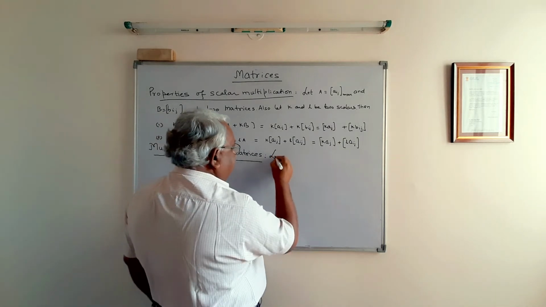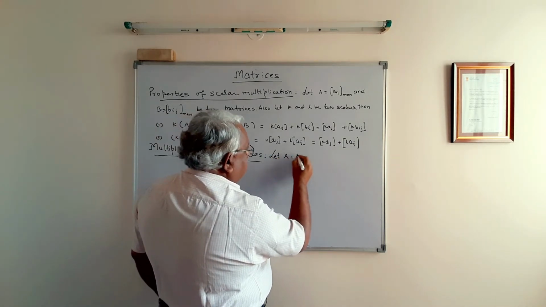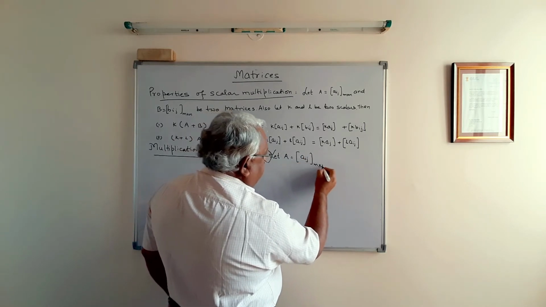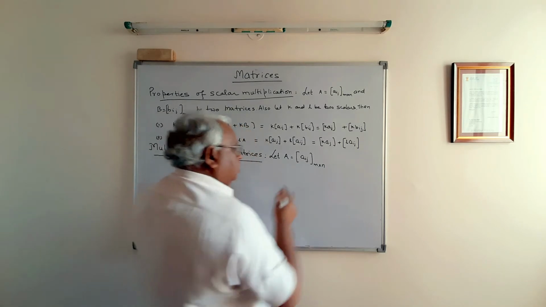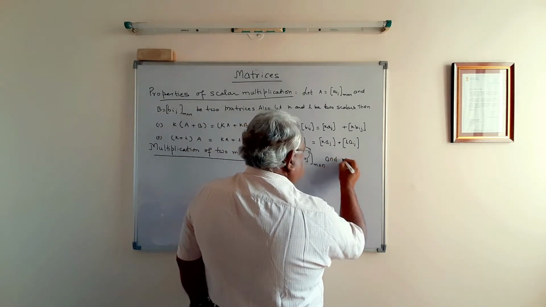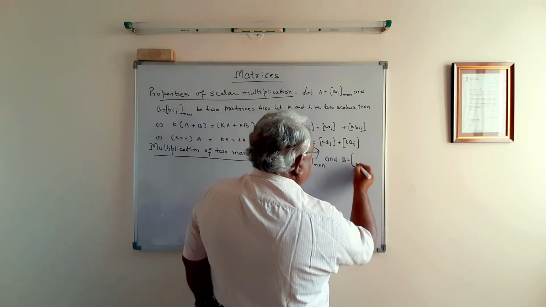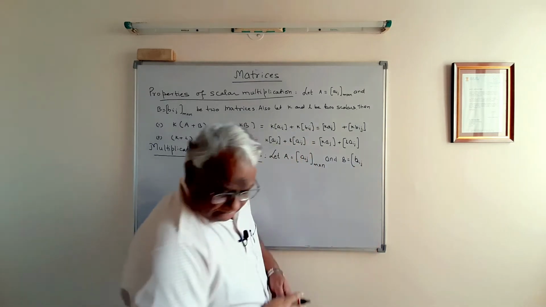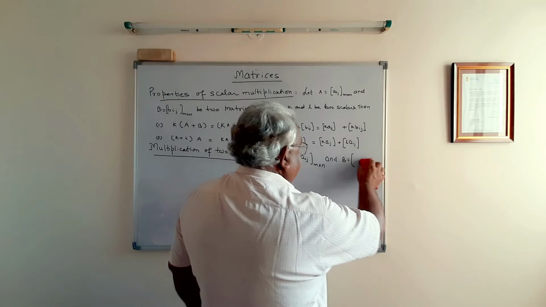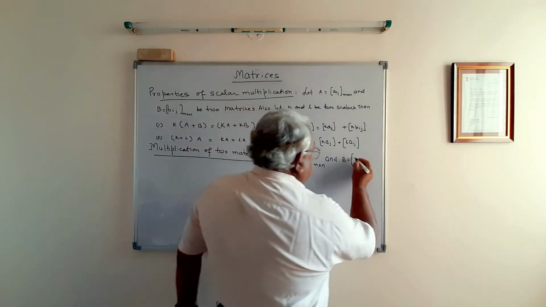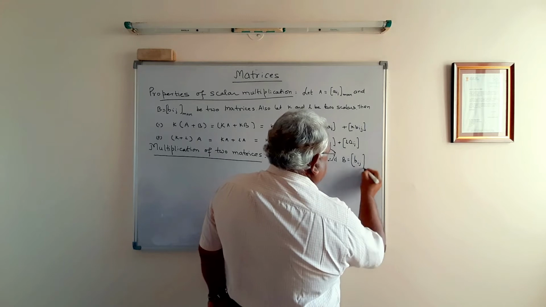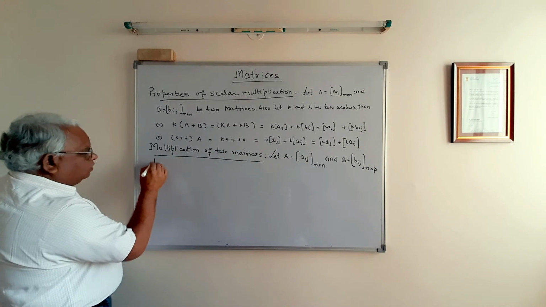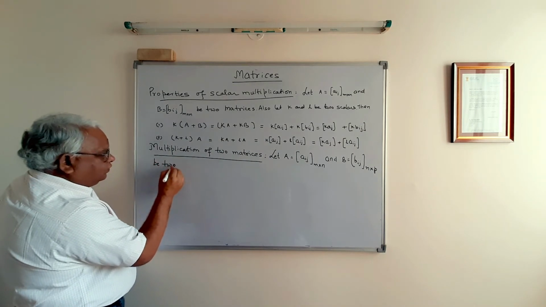Let A equal to Aij be a matrix of order m cross n and B equal to Bij of order n cross p be two matrices,